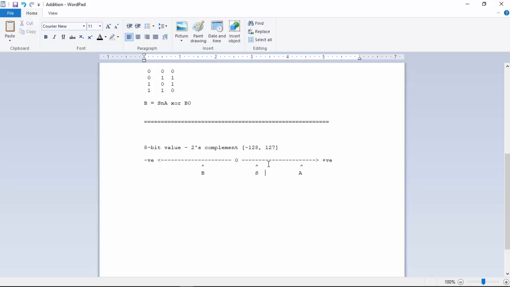Somewhere in the positive side. So if, in this case, I can represent B and A both in 8-bit 2's complement format, their summation should be representable within a 2's complement 8-bit value. It is only when my two operands are on the same side, either both of them are positive, or both of them are negative,